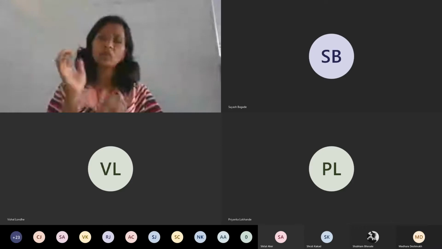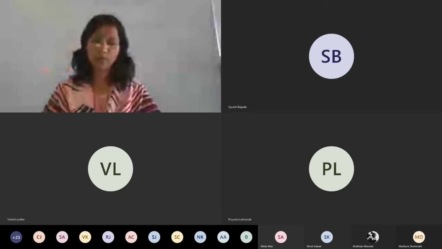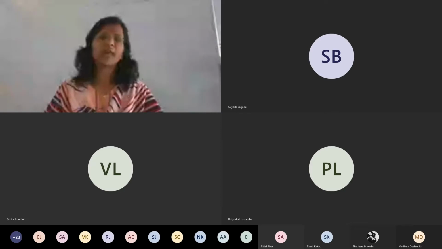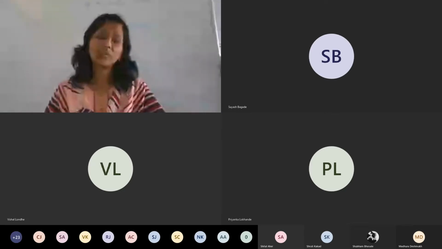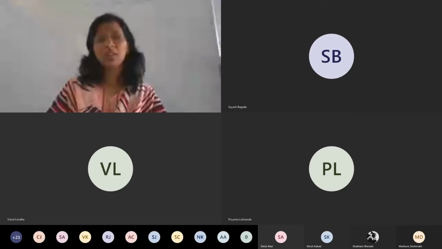No, because you just try to understand, you are executing the same program on different platforms. Somebody might have an i3 machine, somebody might have an i5, somebody might have an i7. So if you are executing the same program on these three different machines, then of course the time required will vary from one machine to another machine.